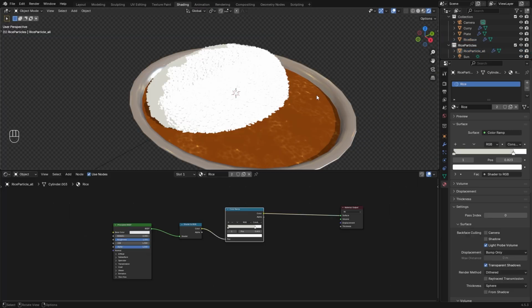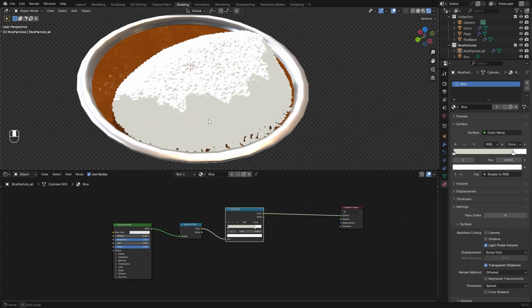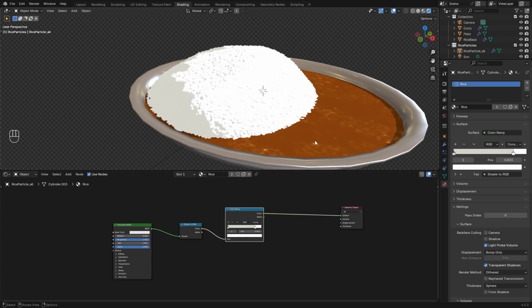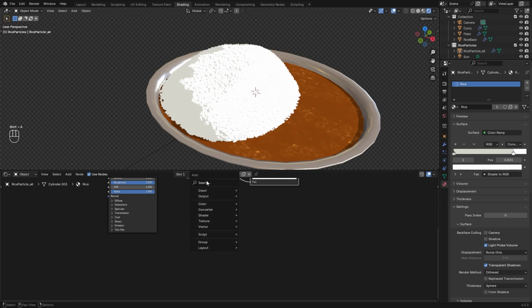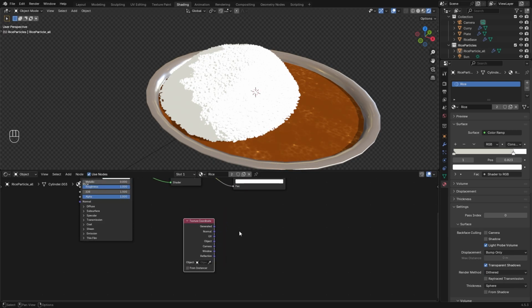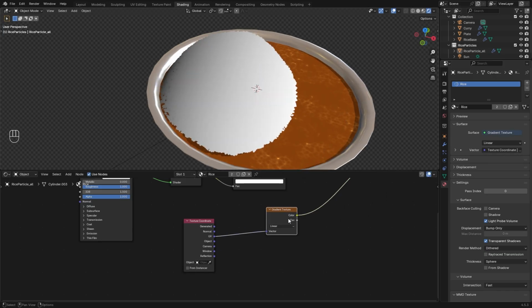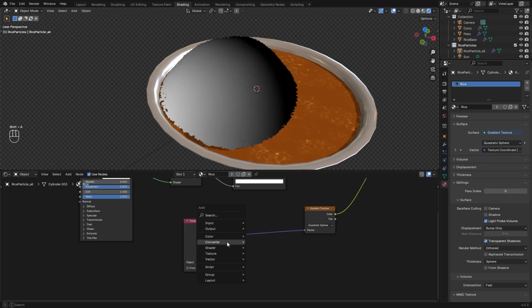So the reason I want to use the UV is because I want to create that effect where the edges are going to be curry color because they're in contact with the curry. So what I can do is to use the UV that I just made and go ahead and Shift A, input texture coordinate, and then let me go ahead and Control Shift left click until the UV is connected, and then Shift A, texture, gradient texture, and then I'm gonna select quadratic sphere over here, and then I can go ahead and add a